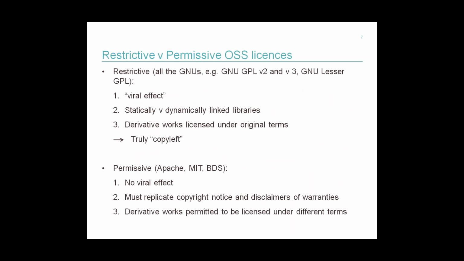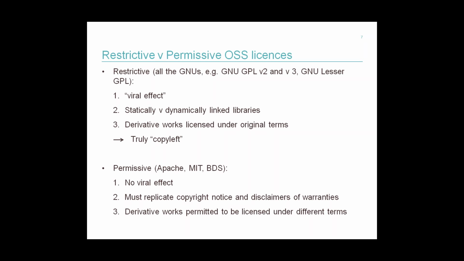So we've talked a bit about the viral effect of restrictive licenses. One of the key things about open source software is, whether you're a coder or not, you really need to get into the detail of what is actually happening with the software. So you need to speak to the technical people on the ground, because some of the issues that are relevant are how the code is put together. And sometimes you can do this by what's known as statically or dynamically linking to libraries. And they have quite different consequences.